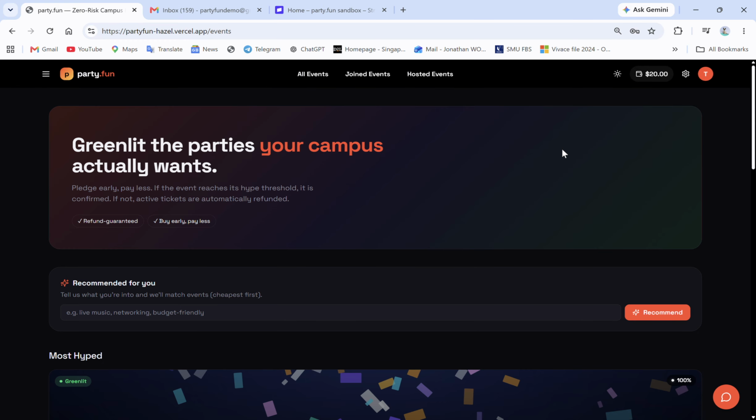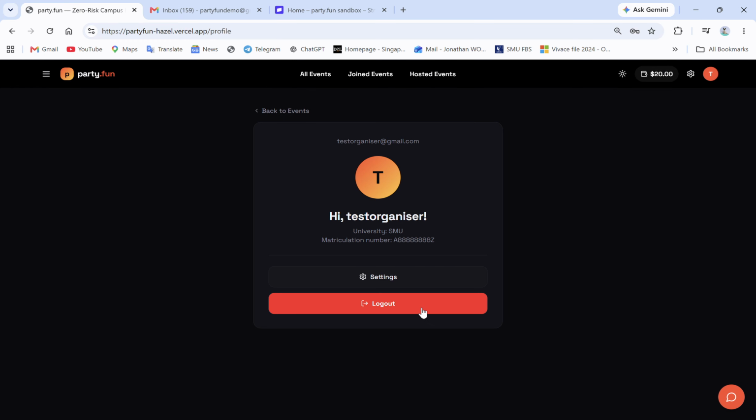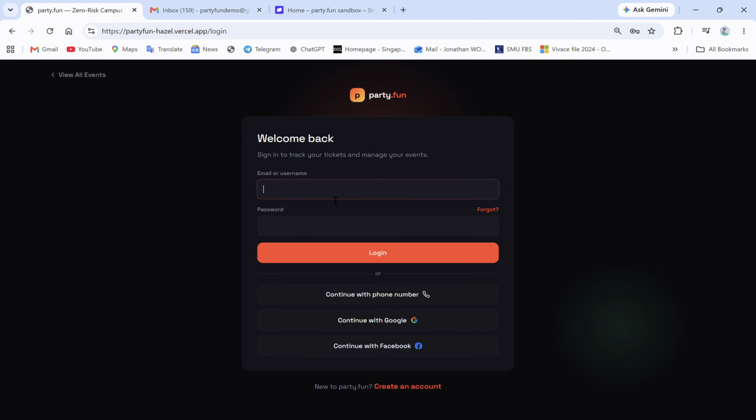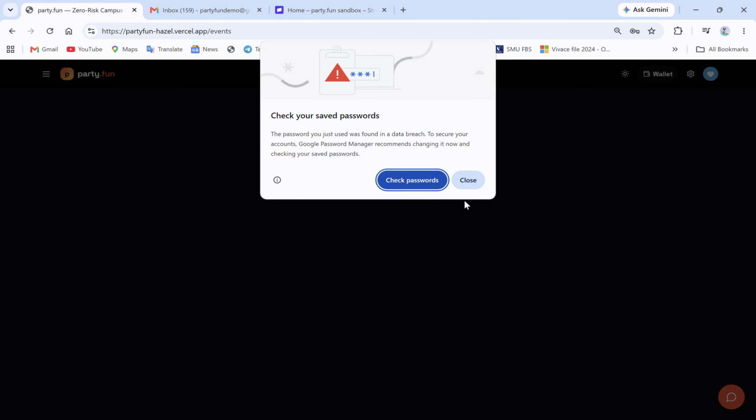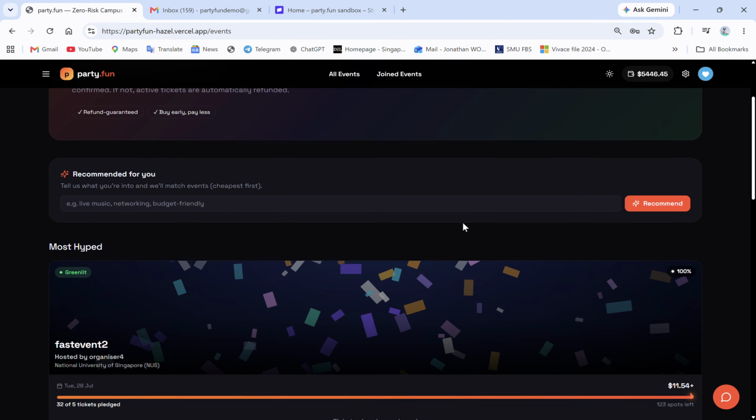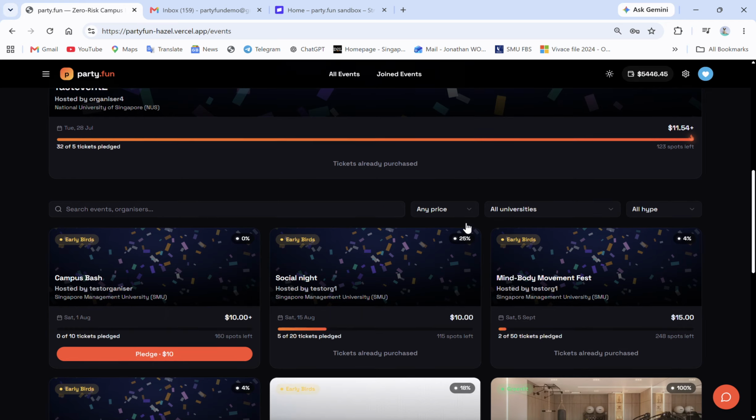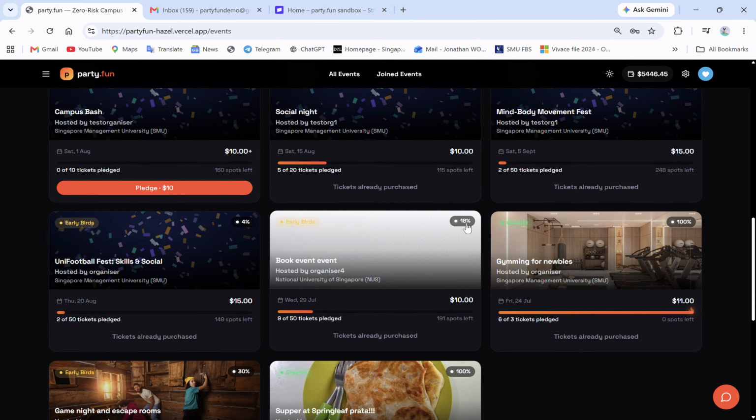Apart from that, I'll just log out of my account and I'll log in through a user account. So one thing about users is that they cannot create events. Only organizers can create events. So this is where